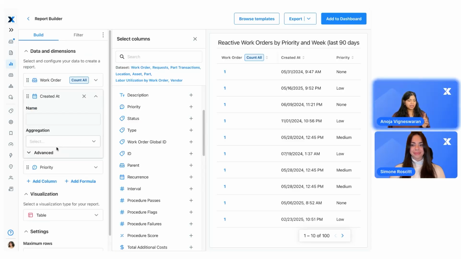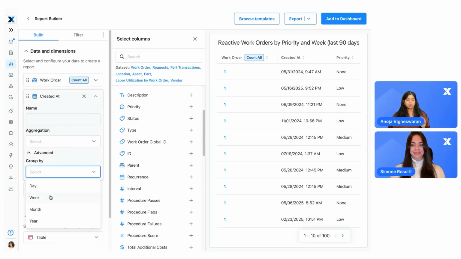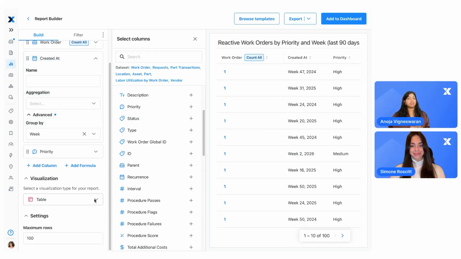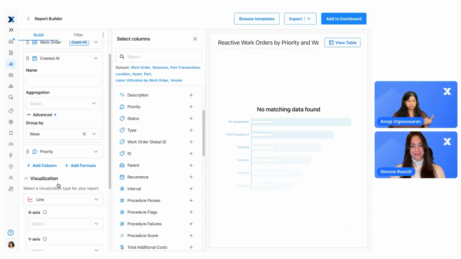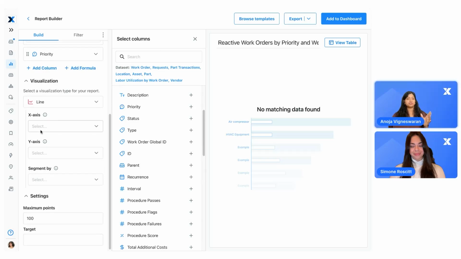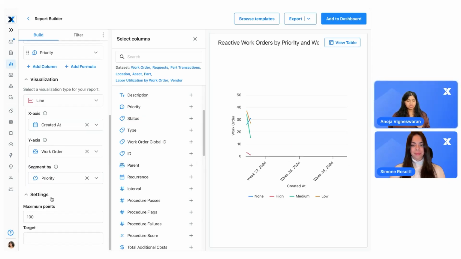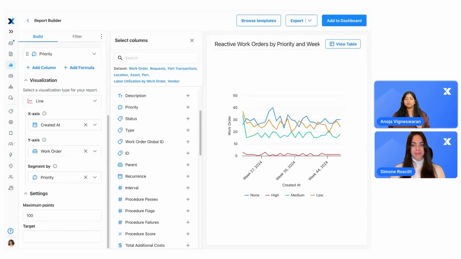For created at, I'm also going to head to the advanced section and group it by week. And then I'm going to select the visualizations. You've got a few different options here: you can do table, bar, line, or pie. I'm going to do a line graph, and then I'll be able to choose what goes on each axis. For the x-axis, I'll do created at, and then for the y-axis, I'll do work order, and I want to segment by priority. It takes a second there, and as you can see,